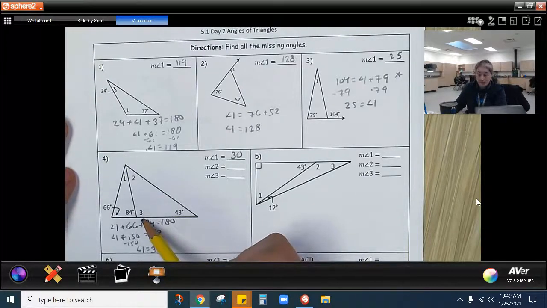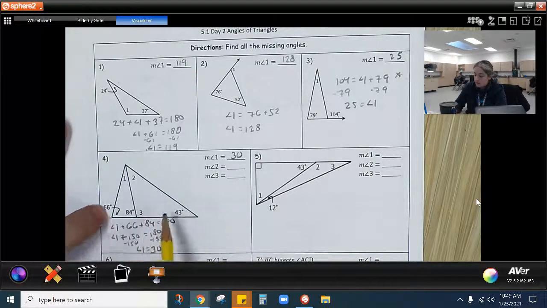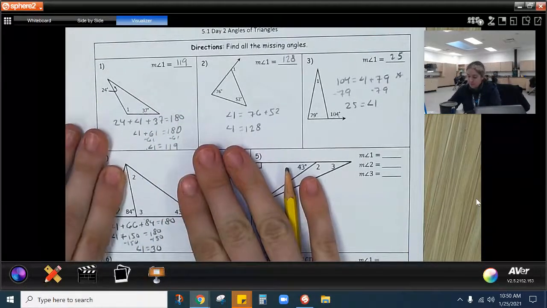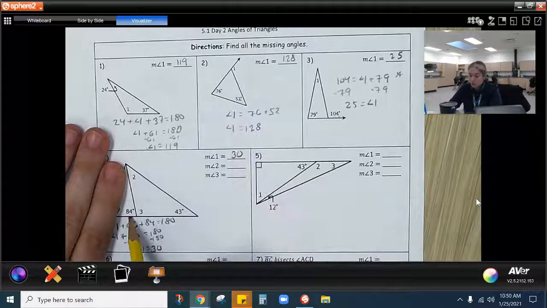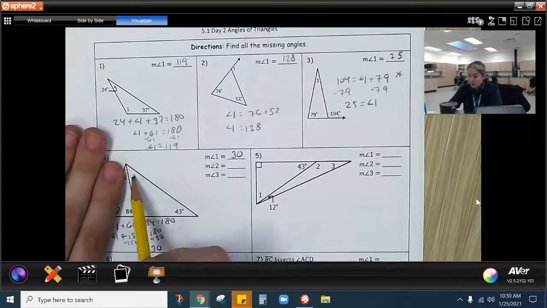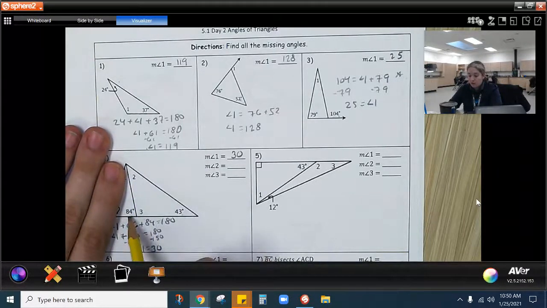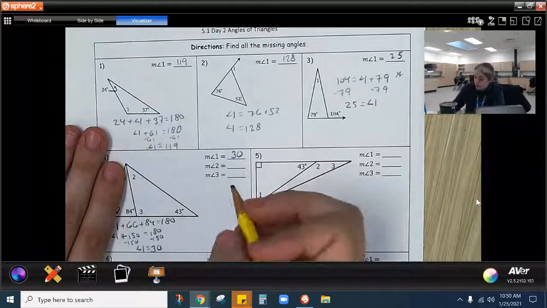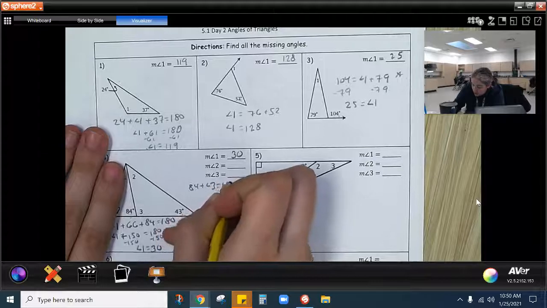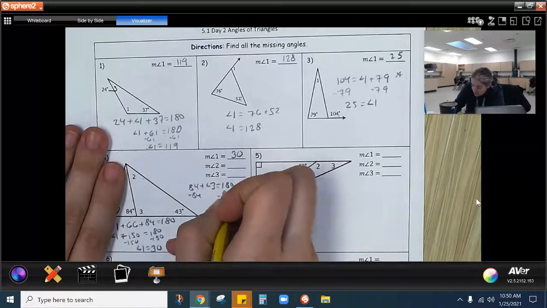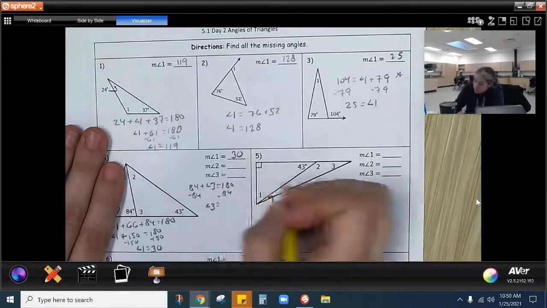I'm going to focus on angle 3 next, and the reason for that is because if we ignore that right there, then we can see that this now looks like this, which means 84 is an exterior angle. So angle 2 plus 43 will equal 84. The other thing I can do too is 84 plus angle 3, they are supplementary. They form a straight line, a linear pair. So that will also equal 180. So we have many different ways of doing this. I'm going to do 84 plus angle 3 is equal to 180. When I subtract 84 on both sides, I end up with angle 3 is equal to